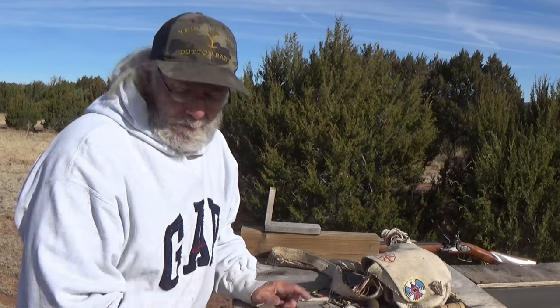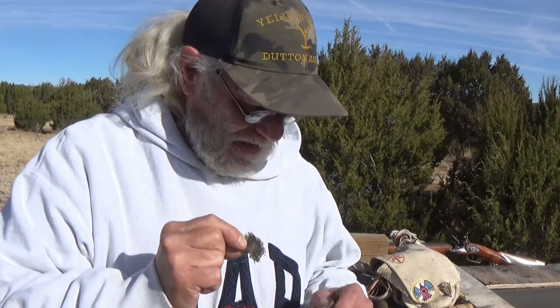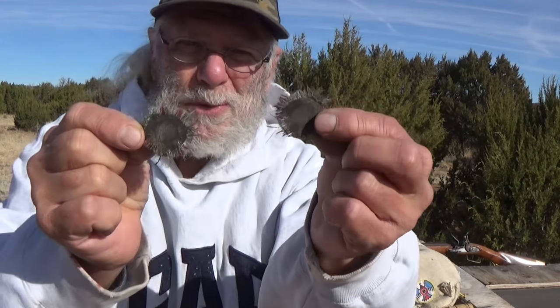1707. Now that's a little weird. This one appears to be a little cleaner. Not quite sure what's going on between these two patches, but unless I jinx it, I've got a really good group going on. Get reloaded, take the 5th shot, and we'll see what I feel like doing from here on